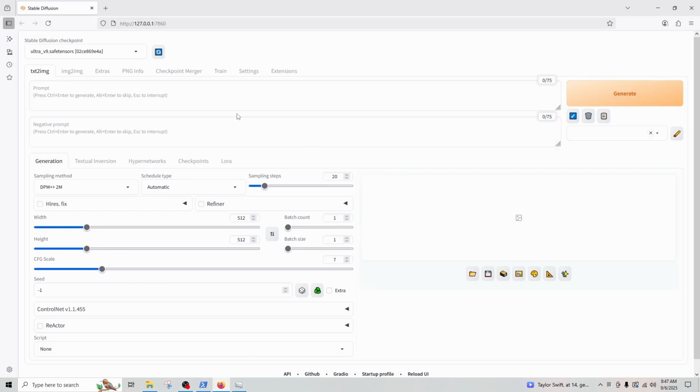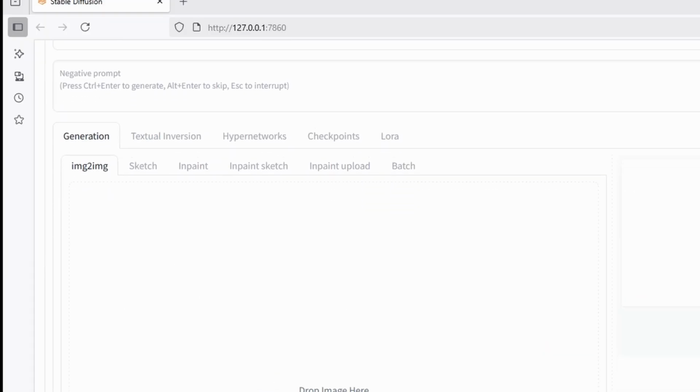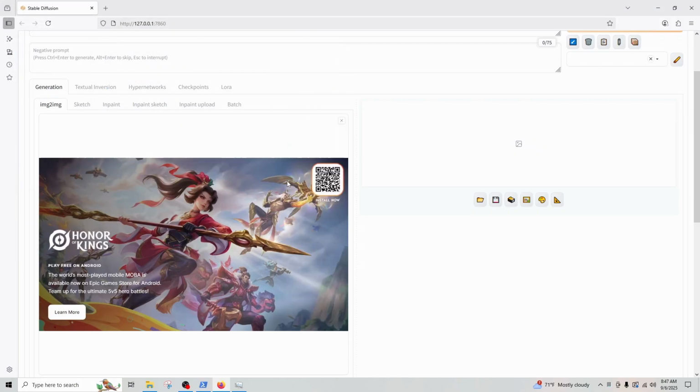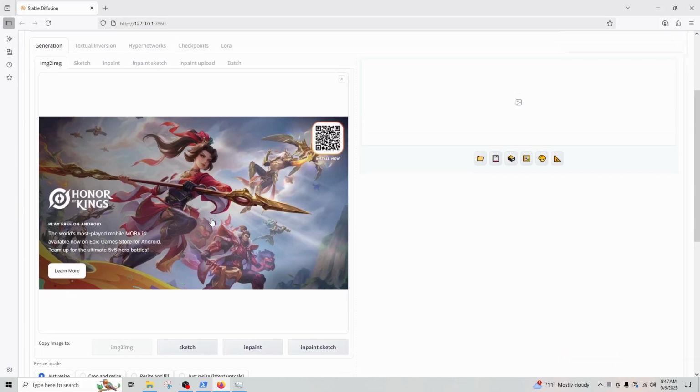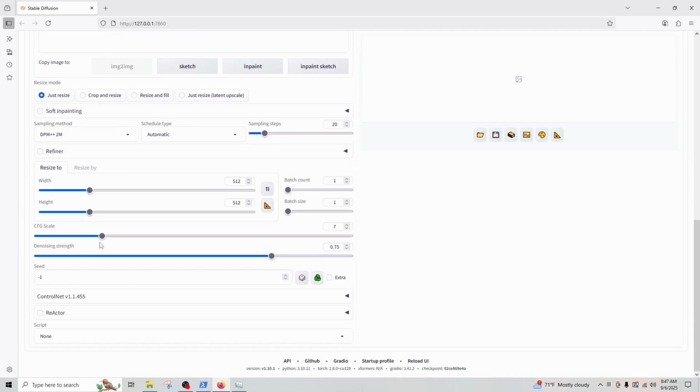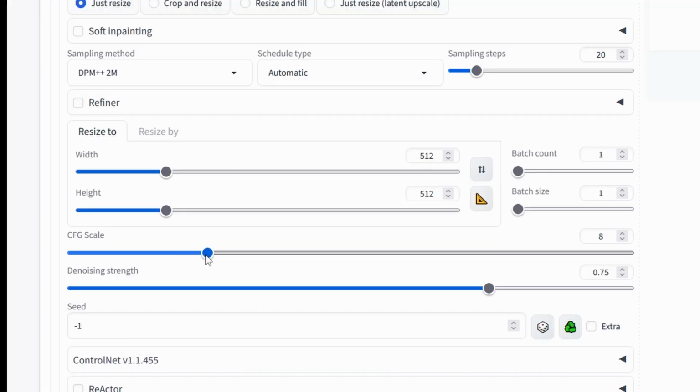I already have my Stable Diffusion up and running. What I'll do is go to here where it says image to image. Here in this section over here, I'll drop down my image. I'm going to search for that image that I showed you. Here it is. The next thing you want to do is come down over here, set your CFG scale to